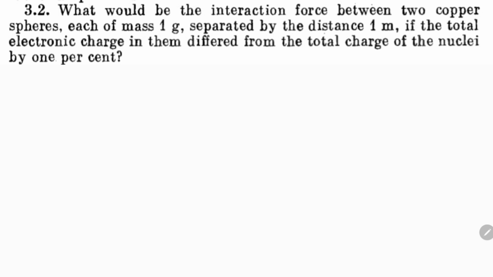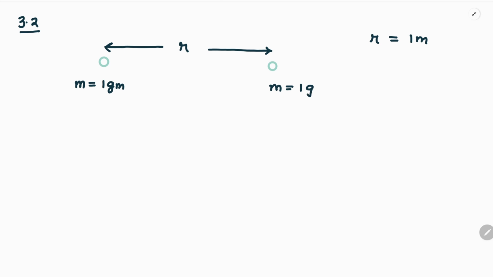So we need to understand that there are two copper spheres involved, which are considerably small in size and separated by a certain distance, the distance being equal to 1 meter. So I'm putting r here, which we will put as 1 meter, and over here I'm writing r equals 1 meter. Now this copper sphere is of mass 1 gram, and again over here it has a mass equal to 1 gram. The charge on the sphere is not given directly. The charge on the sphere is stated to be 1% of the